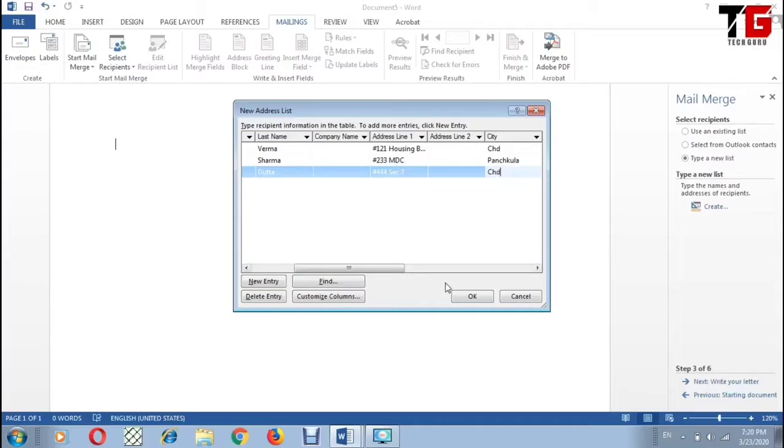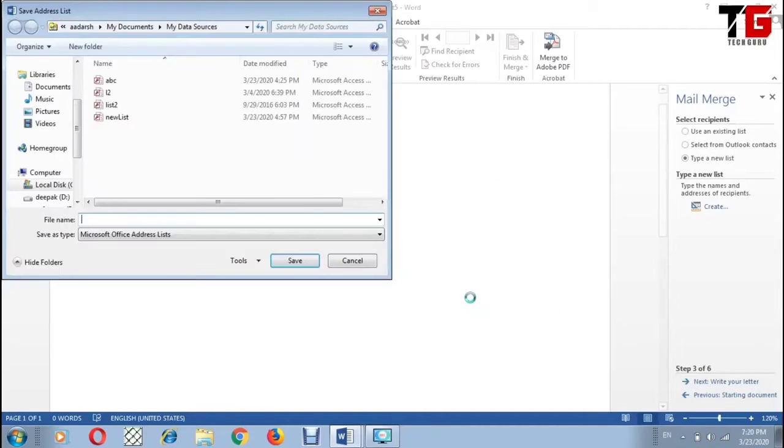Right. Now I click on OK button. Now I have to save my file, so I type a name, my list.